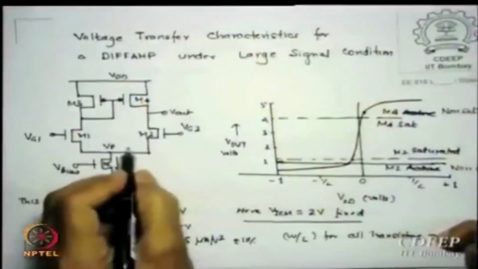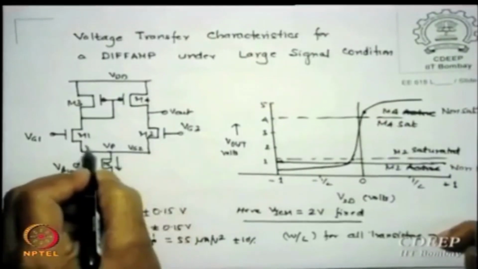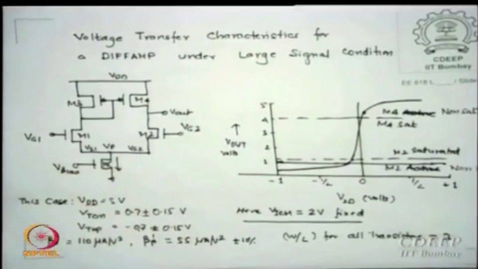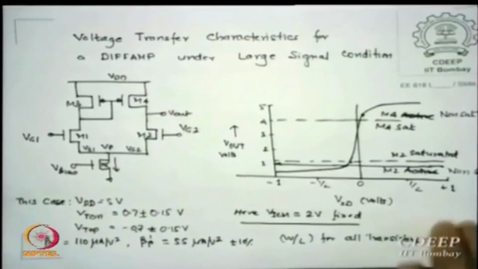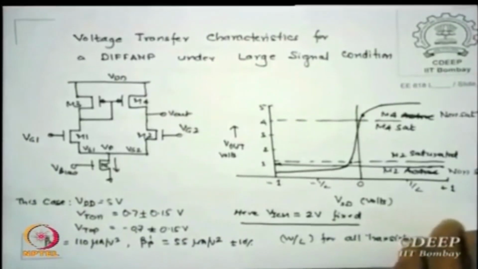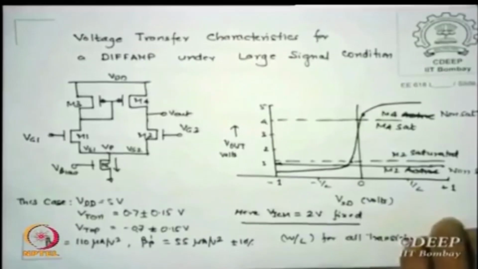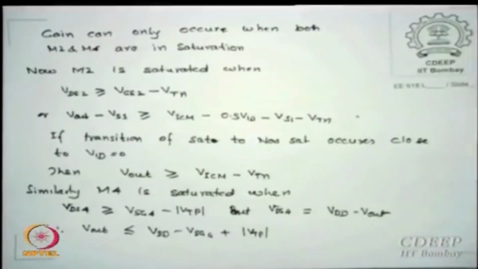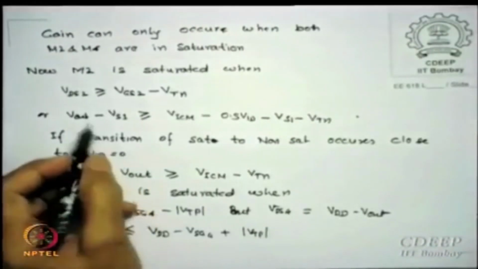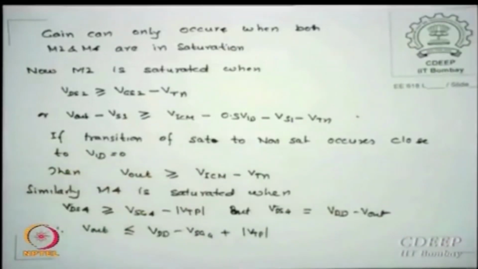However, if you look at VDS2, it is nothing but this voltage minus Vs, call it Vs2, though they are equal, but these are voltages at the source, which are grounded, but let us put them there. So V out minus Vs1 is my VDS2,